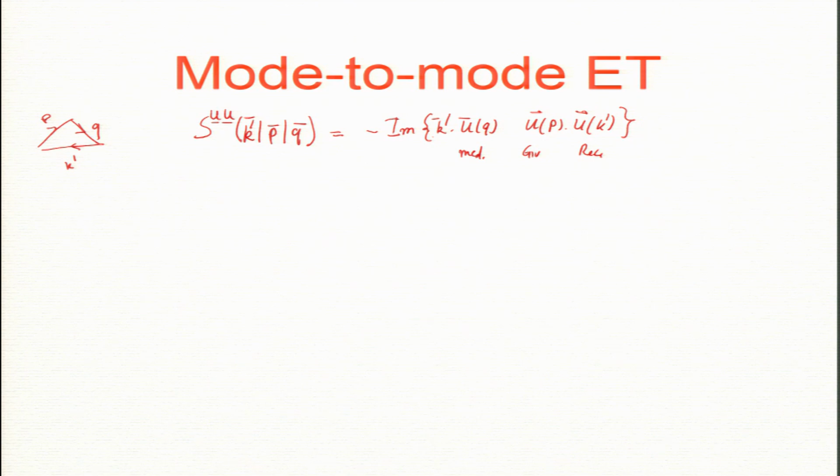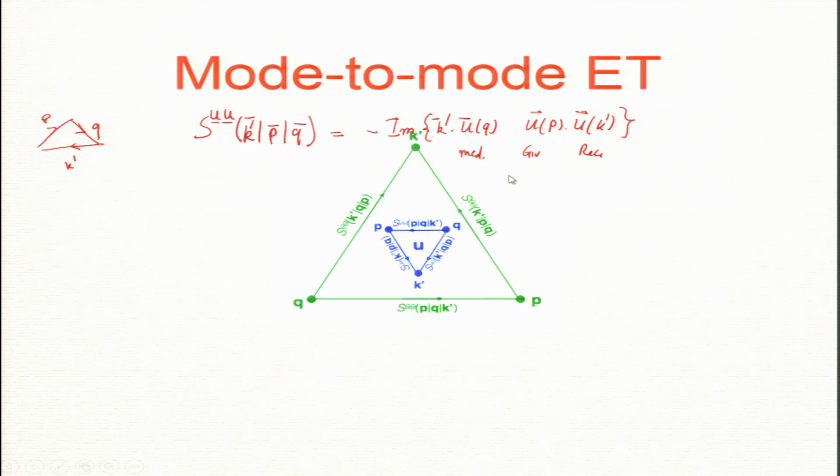Now what do you expect for the scalar? In my book I tried to derive the formula. I derived it, but we will not go through the full derivation, and I will only give the formula. Here we have the velocity field, which is blue. These transfers are UU transfers, which I already wrote, but green are the scalar fields.